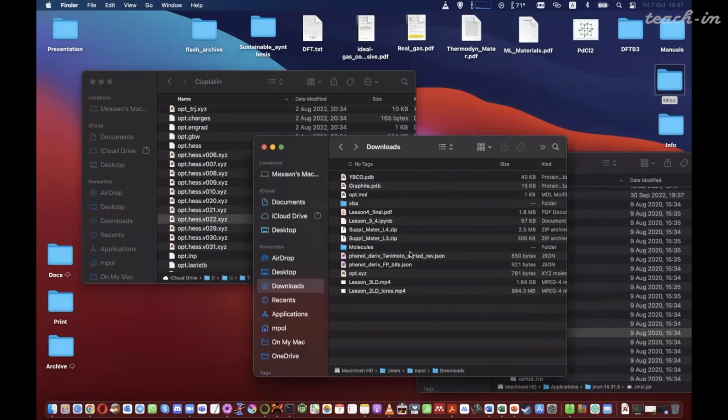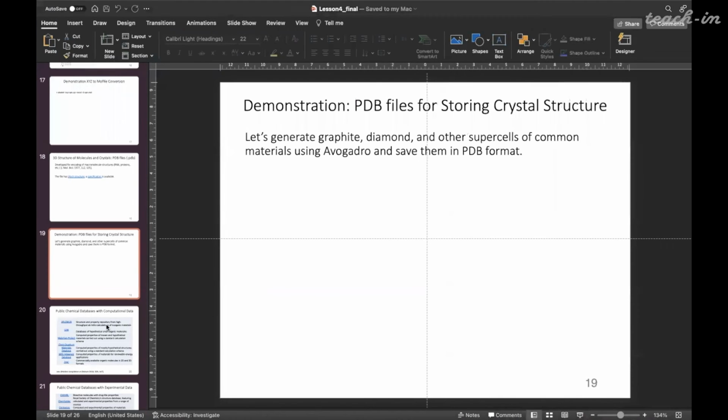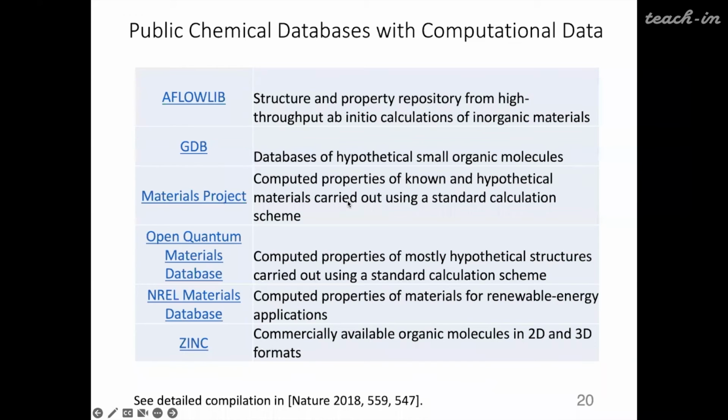So you can. I suggest you further practice later. And for now, I would like to mention several chemical databases. First of all, I would like to mention public chemical databases because